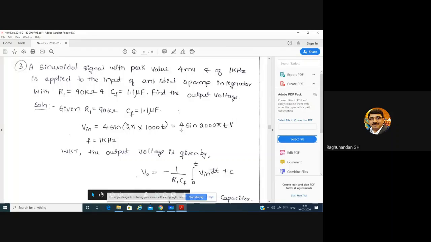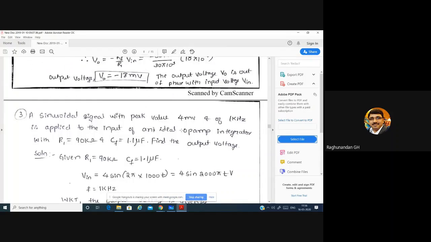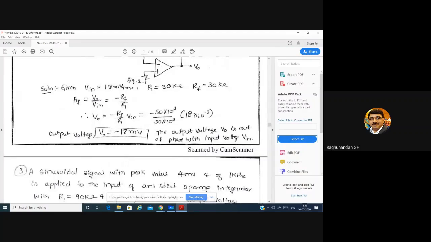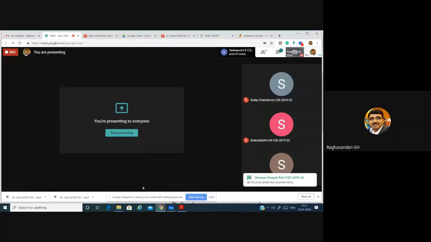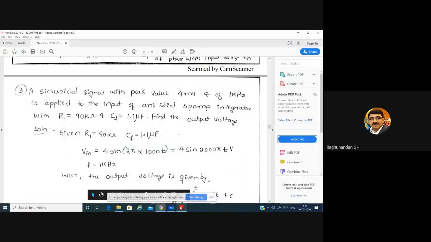We'll continue with those problems. We are discussing module 3, that is the op-amp based problems. Let us continue with that. These are some of the peculiar problems we have, and these problems are already loaded in the app. You can just get this in the app if you are using my book.